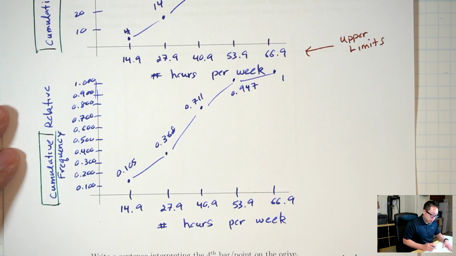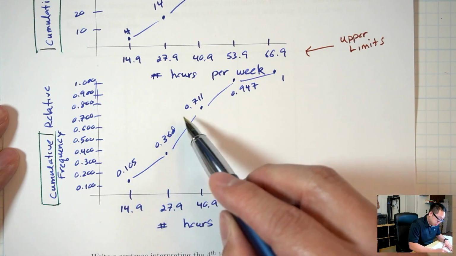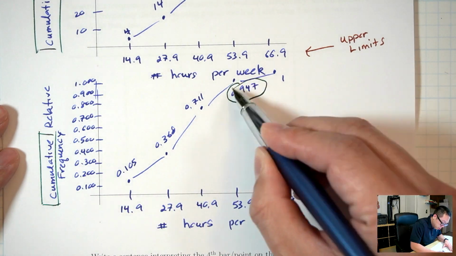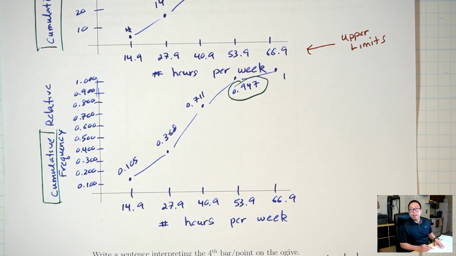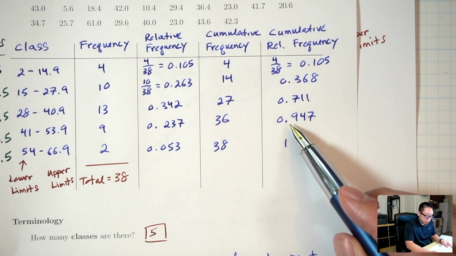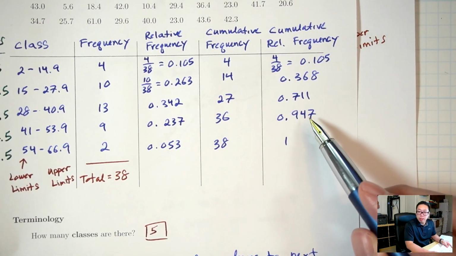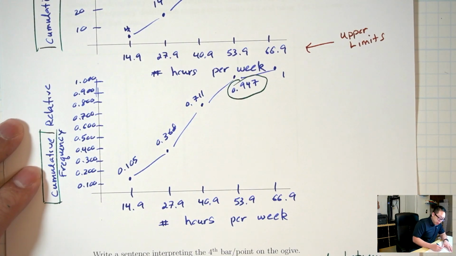The next one is the 4th point, 1, 2, 3, 4. This 94.7. Okay, anytime we're talking about relative frequencies, convert it to a percent. So that's move the decimal 2 to the right. That's 94.7%. So 94.7% of students